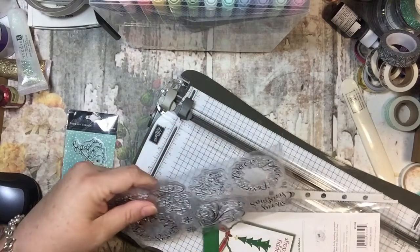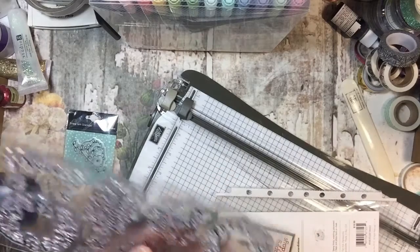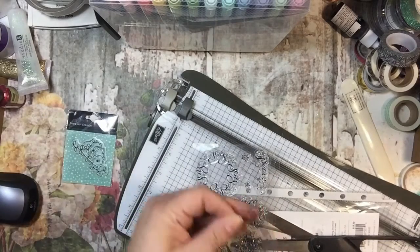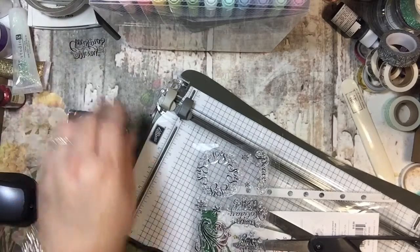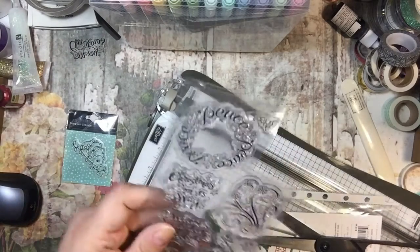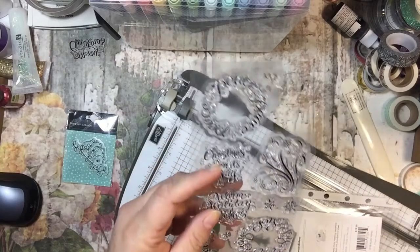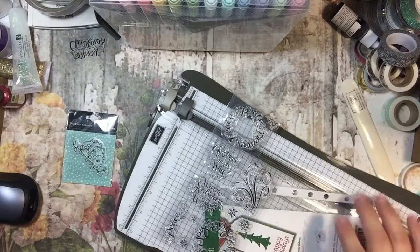I have wanted to use this Merry Christmas several times and it's not there. So I'm going to cut this off. I might keep it so that I can use this for something, like I can use this Merry Christmas stamp thing for something. Maybe I'll even use it for this card. I don't know. But I am cutting that off because every time I look at this, that's the one that I want to use. But I could use the Warm Holiday Wishes or something like that. Or Christmas is on its way. That one's cute. So we'll use one of these, I'm thinking, for my